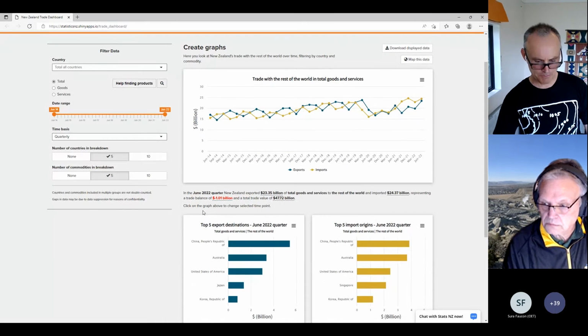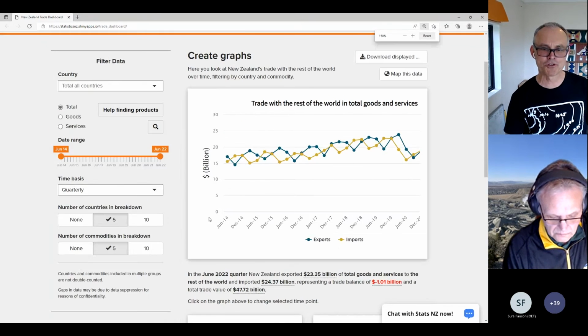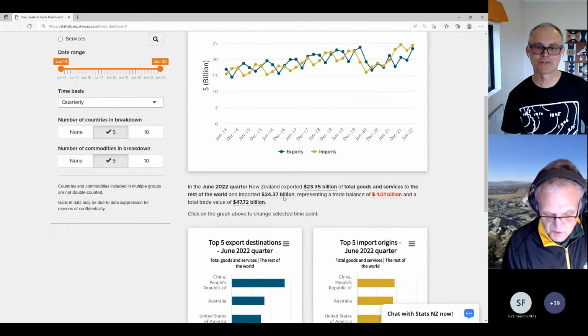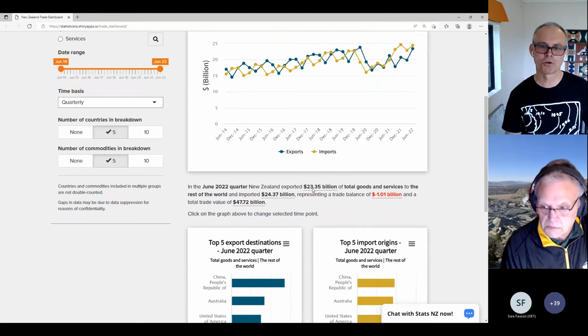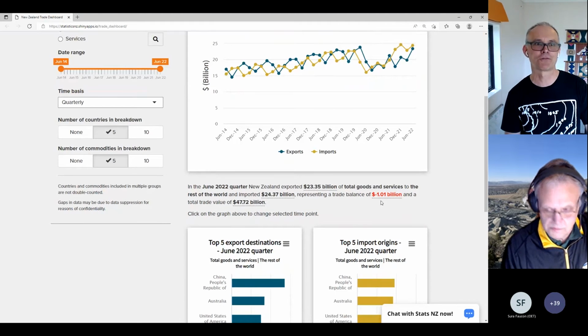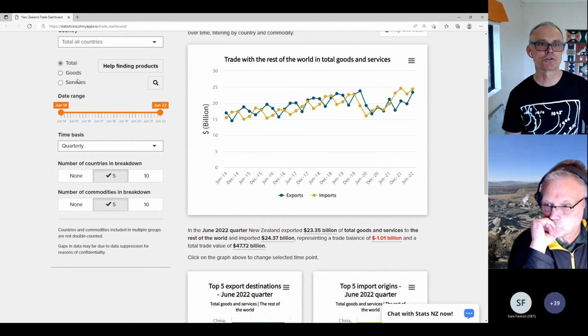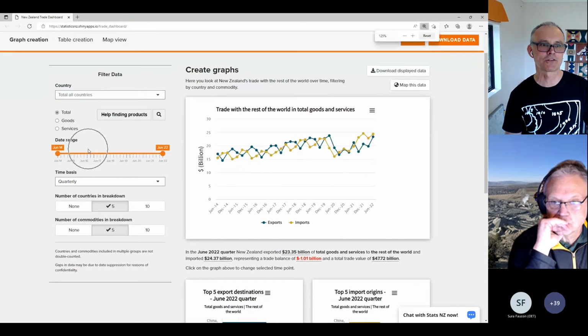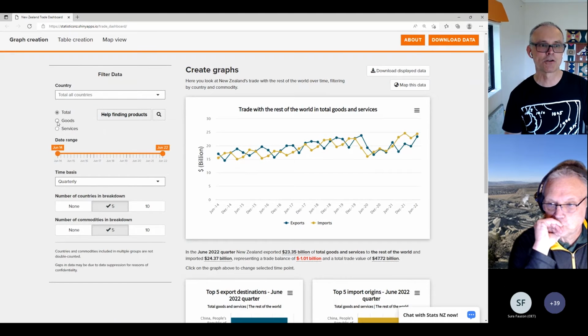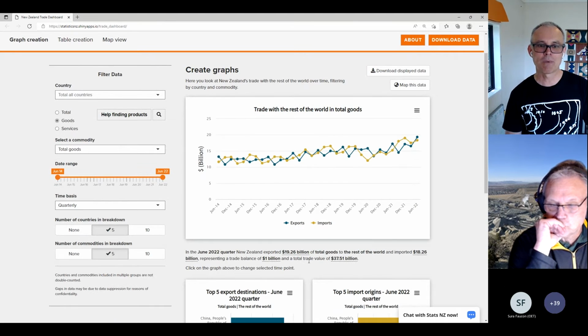You'll see at the bottom here, in the middle, there's a smart narrative, which is pretty cool. So it tells us that in June 2020 we exported and imported this much, and there's a trade balance of that. And that's kind of cool, actually, because as you were to click further into this, let me just expand out here. If we were to actually go and look at particular goods, that smart narrative actually starts talking about